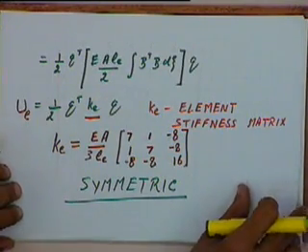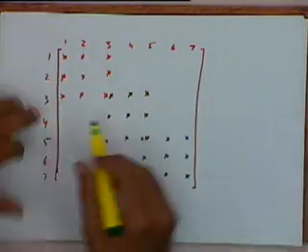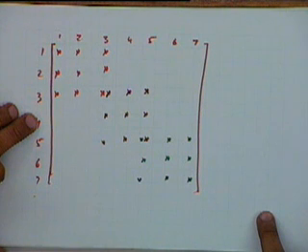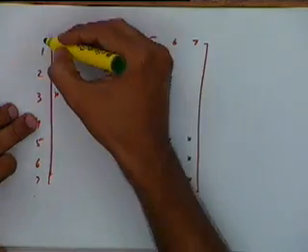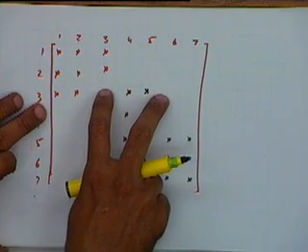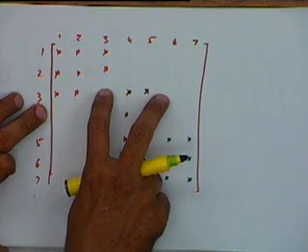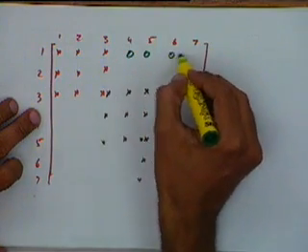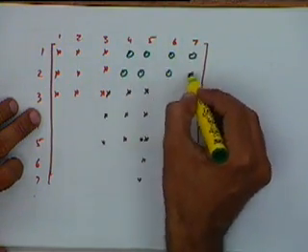Okay, and if we do a numbering properly, we will still get a banded matrix. That means we have only diagonal elements and elements at a fixed distance from the diagonal. All other elements will be 0, and so on.